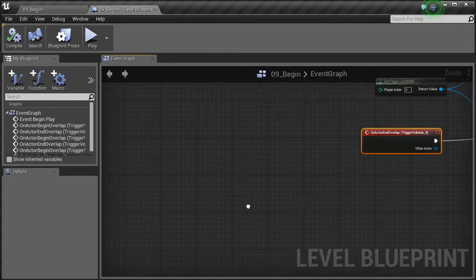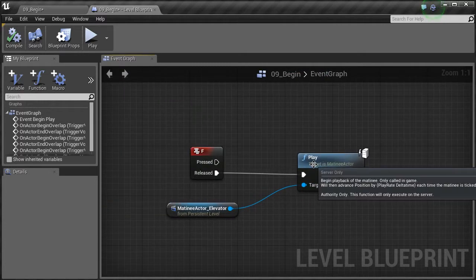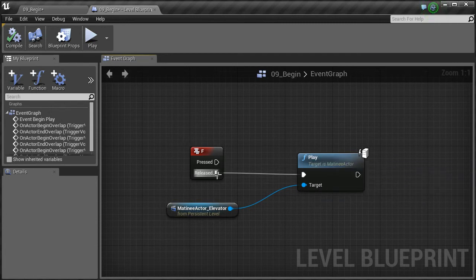With the F key, you can see that it's going to play that. However, we can't plug in another node. We can't tell it that once it's released, just use a reverse on that. So what we have to do is use a branch, and we'll actually have to create a